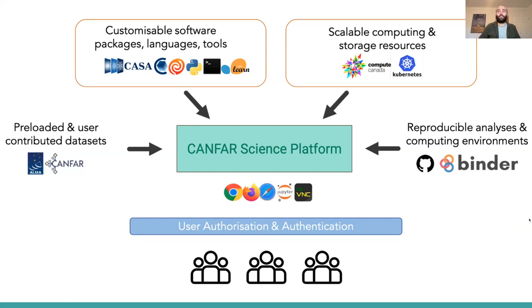And then, of course, the other one, which I think is a bit more common, is that scalable compute and storage resources are key. To give you an example, if you have a big telescope program, you often end up needing really intensive compute resources at the start when you're going from the raw data to the science-ready data products. And then once you're into those data products, it cools down a little bit. Being able to scale up and, crucially, scale down your resource request is really key for efficiently managing groups and many different projects and so on.